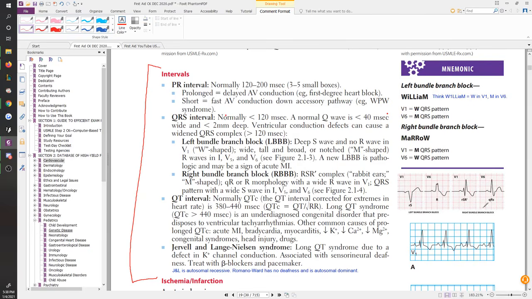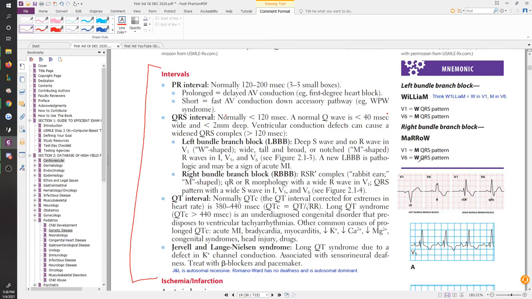Theoretically speaking, and you can see that right here, you should never really see an M on any QRS complex. And the W often tends to be the harder thing to see. In my opinion, I have more trouble actually grasping the W on a QRS complex, but finding the M on a QRS complex is actually much easier.